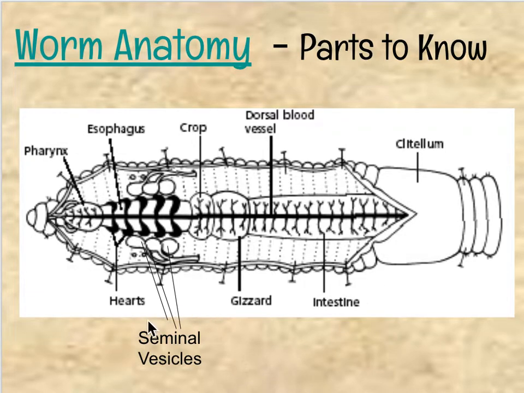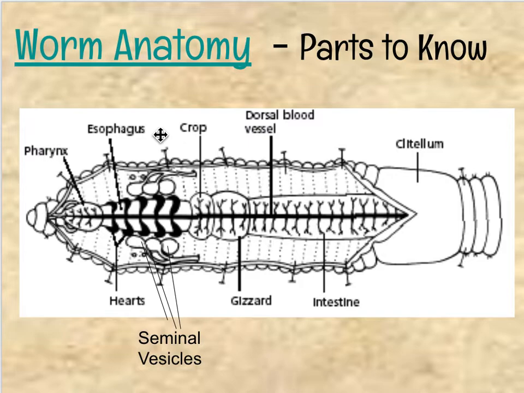The last structure I want to talk about are the seminal vesicles. Seminal is referring to semen, so these are reproductive structures. So these 3 lobes that you see here are the seminal vesicles. And then do you see those little 2 dots? Little 2 dots right there, and the same thing over here. Those are ovaries. Worms are hermaphroditic. That means they have boy parts and girl parts, but they